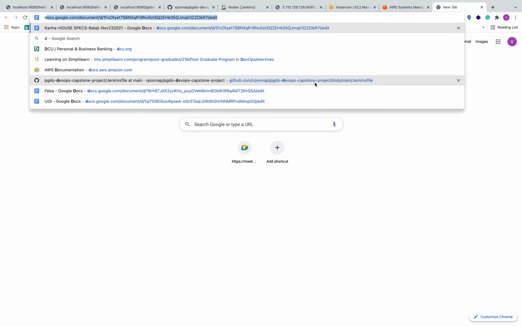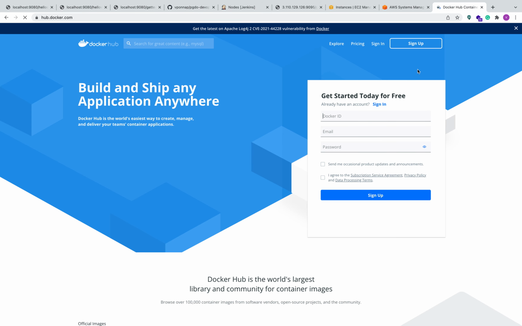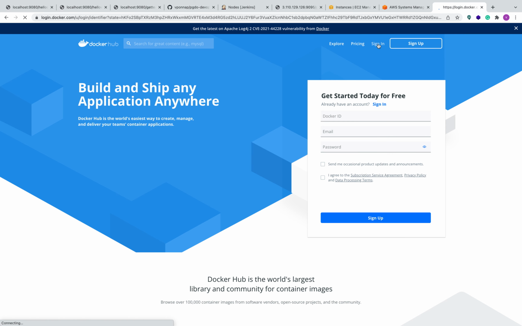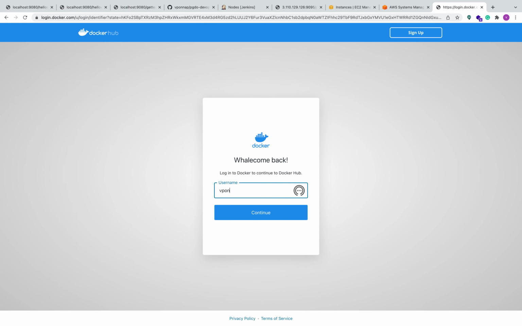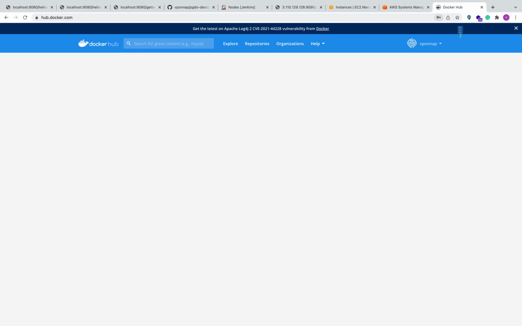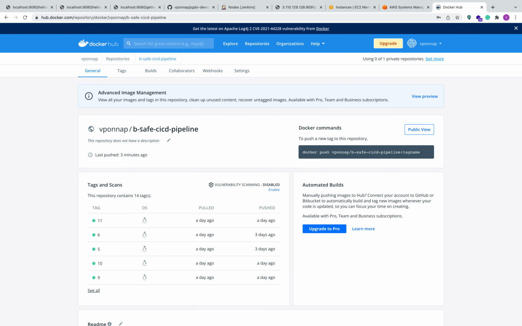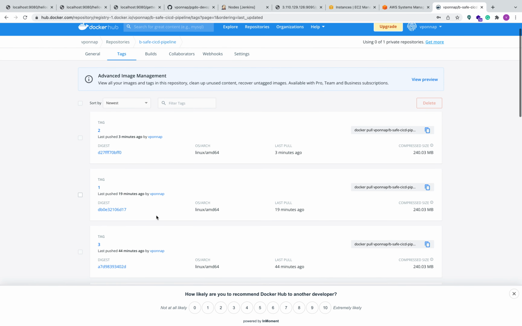Okay, so hub.docker.com, and so this is my repository. The latest image was pushed 3 minutes ago. Okay, this is the image which is pushed.